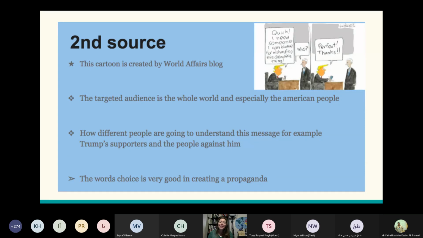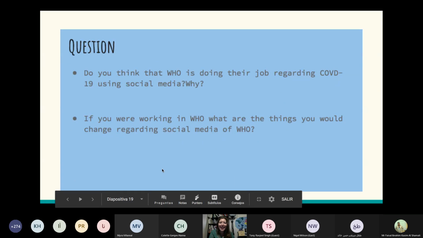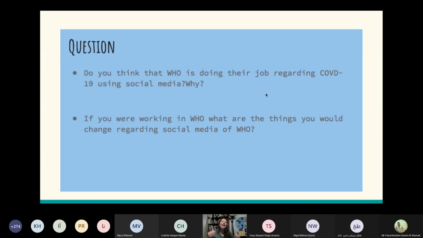So they used the article, they used a cartoon, and they started trying to analyze the different perspectives of the sources. They also analyzed different platforms in which who was being represented. So they analyzed the Guardian article, they analyzed the cartoon, and they also had to ask a couple of thought-provoking